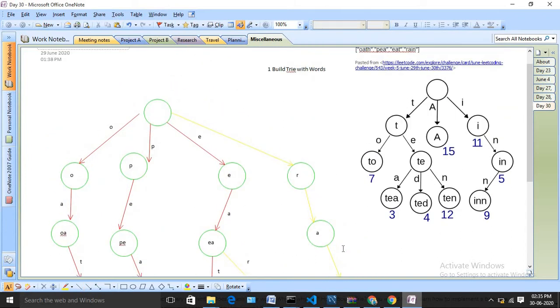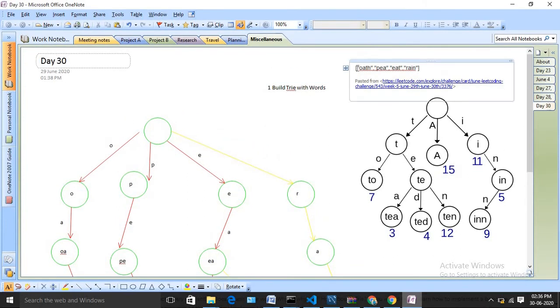After we are done with the trie, we will add two methods. One is startsWith. Suppose I pass OA, I can identify whether there is any child node which starts with OA.